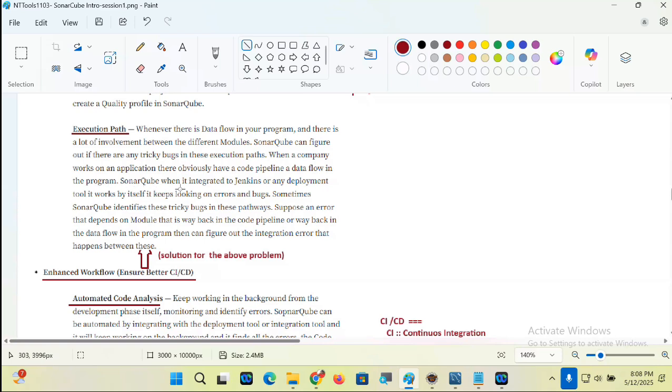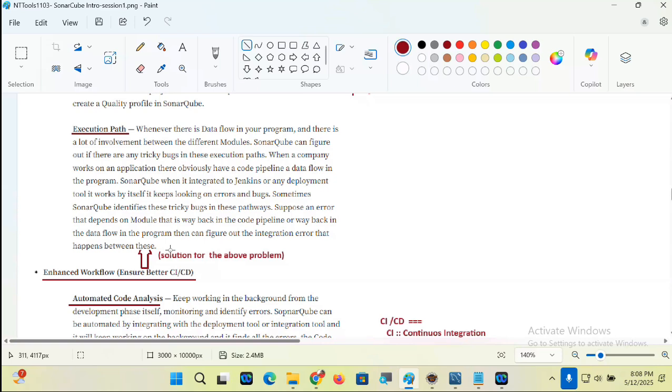When SonarQube integrates with Jenkins or a deployment tool, it works by itself, keeps looking at errors and bugs. Sometimes SonarQube identifies these tricky bugs in the pathways. Suppose an error depends on a module way back in the code pipeline or the data flow of the program, then it can figure out the integration error that happens between these.